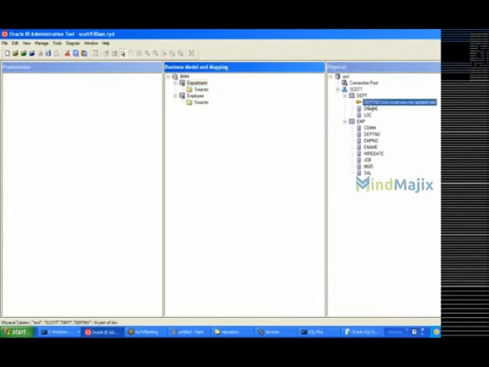To provide the logical columns, I am going to drag the columns that are existing in the physical layer. So here I am selecting the three columns which are available in the physical table, which is DEPT. I want the three columns for my reporting side, so I am selecting all three columns and dragging and dropping onto the corresponding table. As of now, if you observe, the source folder is empty. Now I am dragging the three columns onto the logical table, and if I leave it, I am able to see some columns.